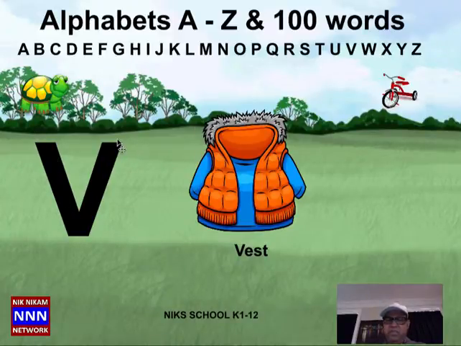V. V like in vest. I like this vest. Look at that beautiful color, orange and blue. And it also has a little fur cap. Oh, I love it. And it looks so fluffy. You know, when it's raining outside, you not only need an umbrella, but you're also going to need a warm vest. Because if it's cold outside,